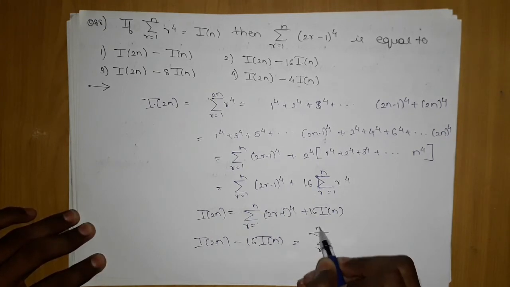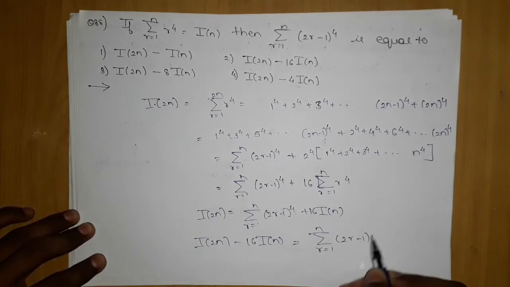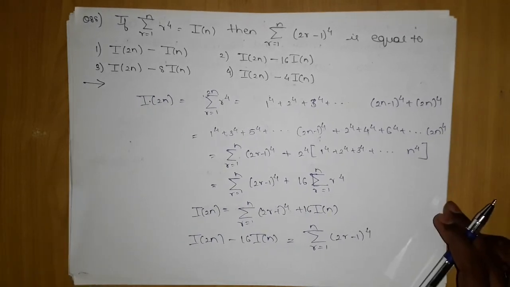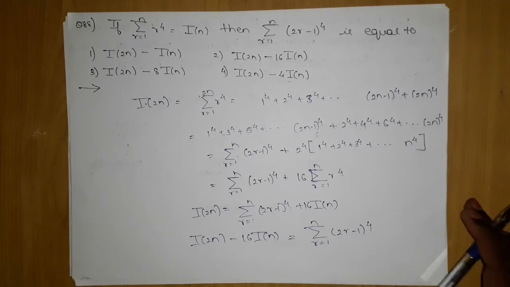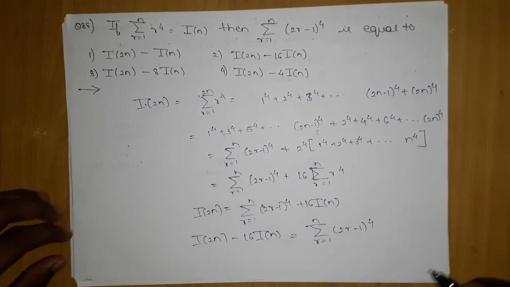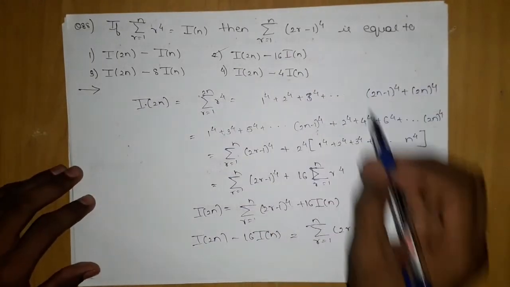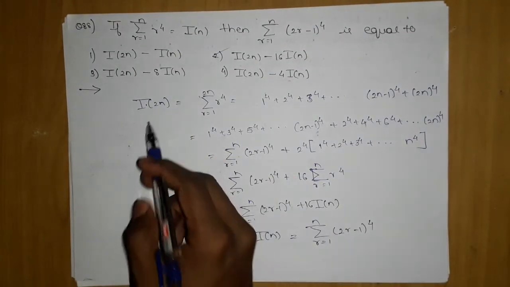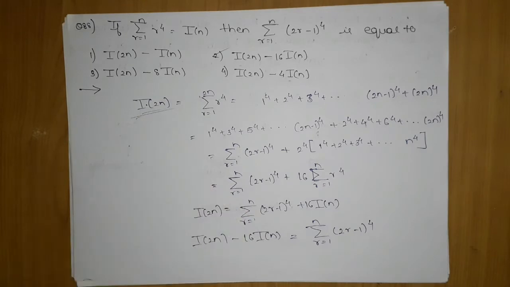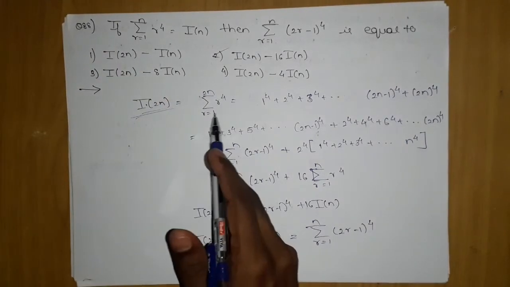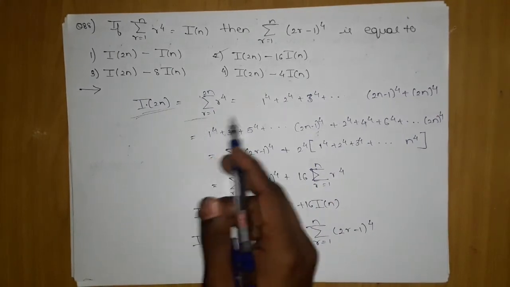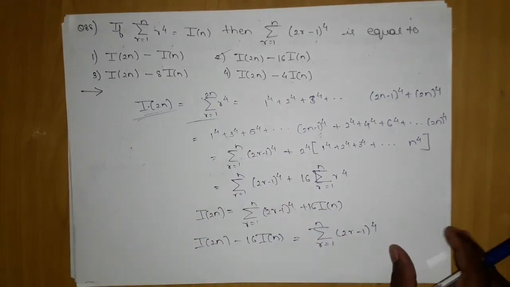I know this problem is not easy to predict, but you have to practice, because only after practice will you be able to predict these types of problems. There is no shortcut trick. So the answer is the second one. You should know how this function will be generated if we change the limit, and then we separated the terms. If you are able to predict this, then your job is done, you will get the answer. Now let's move on to the next question.